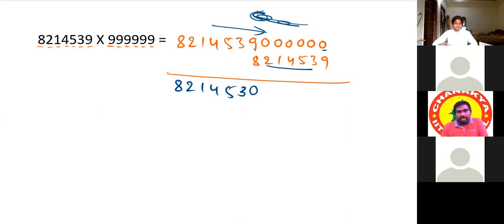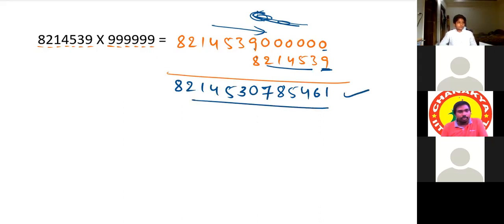All from 9 and last from 10. 9 minus 7 is 2, 9 minus 5 is 4, 9 minus 4 is 5, 9 minus 5 is 4, 9 minus 3 is 6, and lastly 10 minus 9 is 1. That's all. Compared to the previous 2 models, this one has one extra step. That's why I have separated this model. Yes or no? Yes, sir.